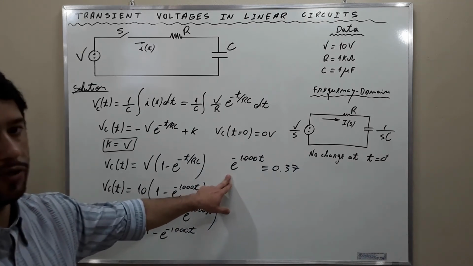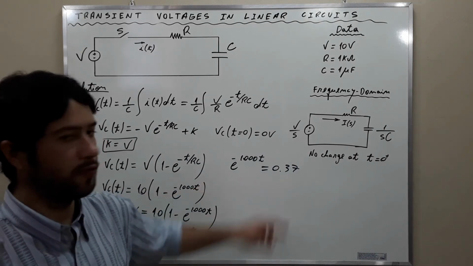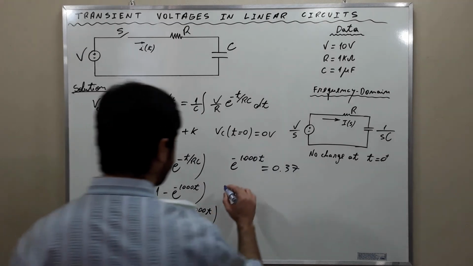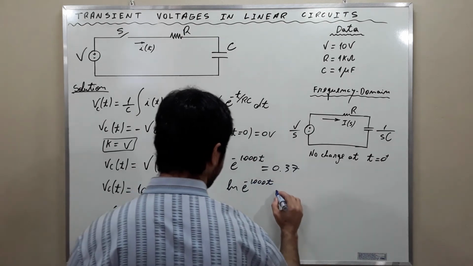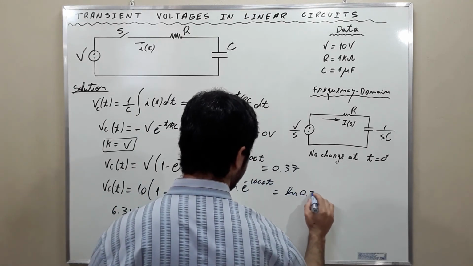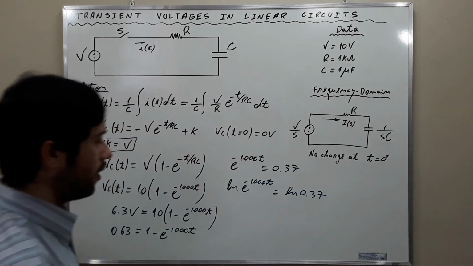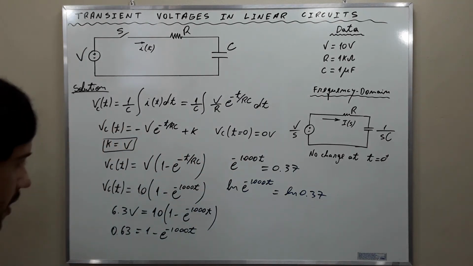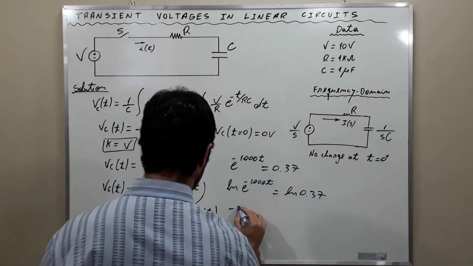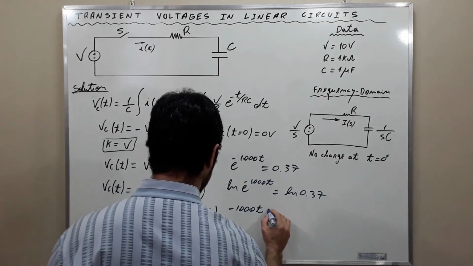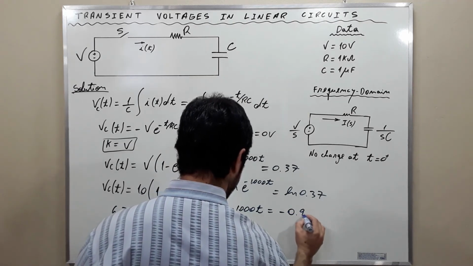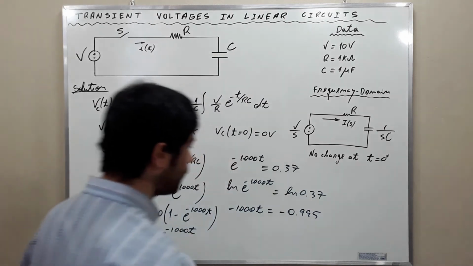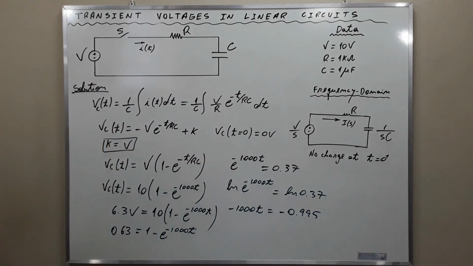If we take the natural logarithm at both sides, we get, and then we ultimately find that, and the last result will be that t